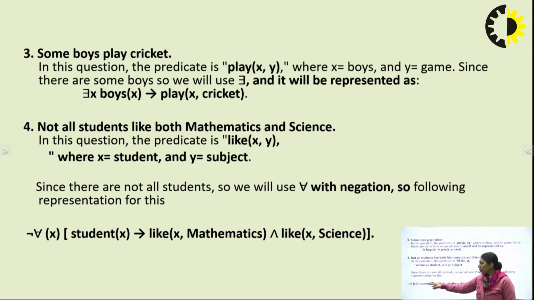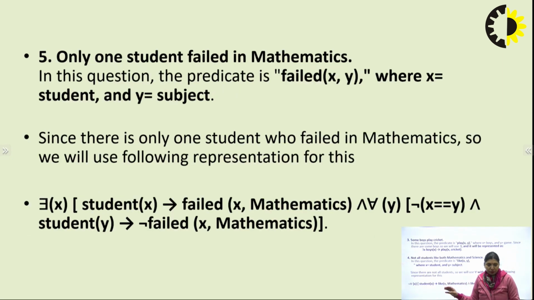So negation for all x, student x implies that it likes x mathematics and likes x comma science. देखो मैंने कहा था ना बेटा, implication हम क्या यूज कर रहे हैं for representing the outcome, for representing the output. But yes, जब हमने बात करी है कि हमें दो चीजों के बीच में कंबाइन करना है, at that time we are using the and point. ठीक है बेटा, clear to everyone?